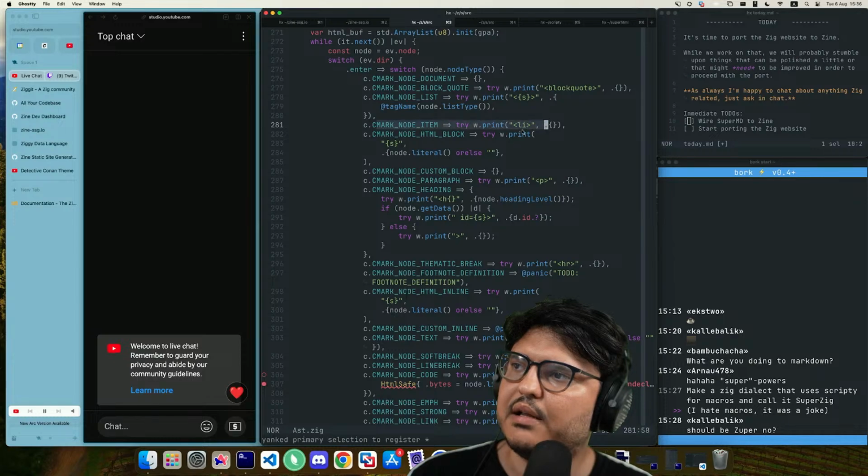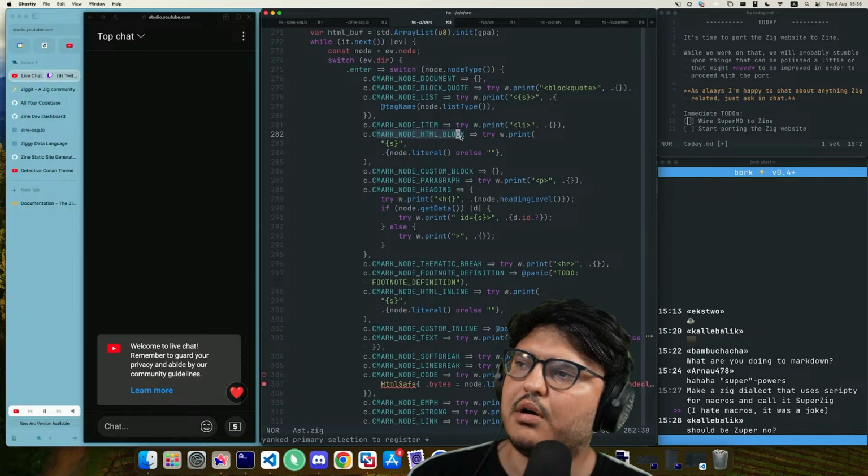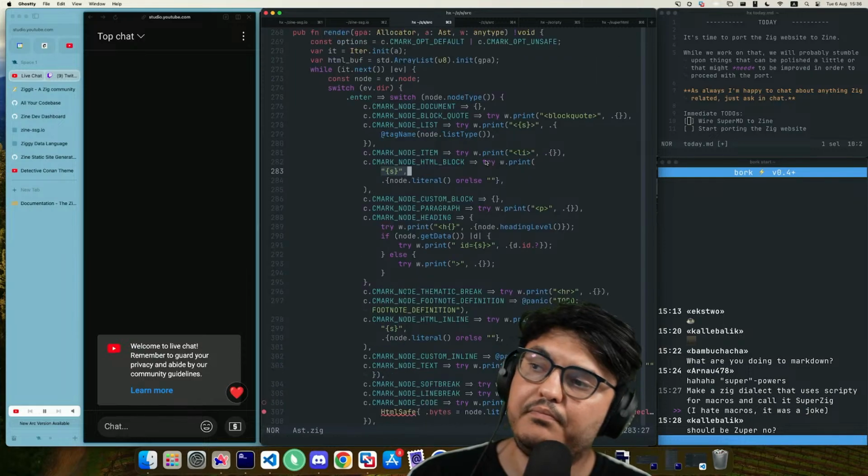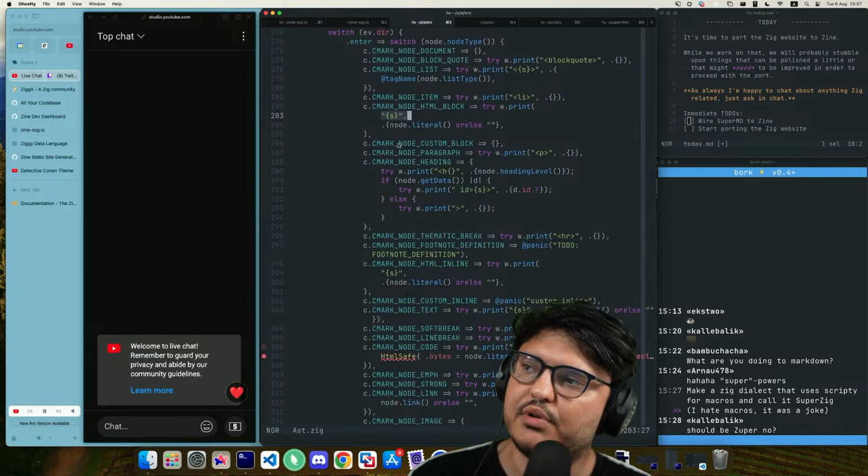Node item, li. Node HTML block, this just prints the HTML literally. This basically should become an unreachable. Custom block, we don't know what that is, so we do nothing.